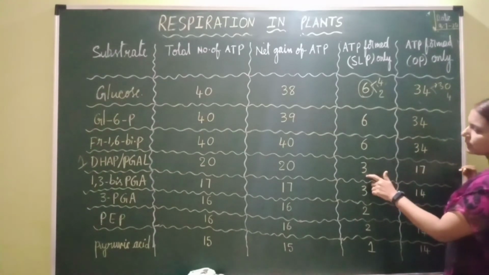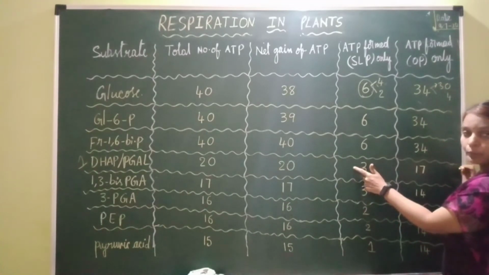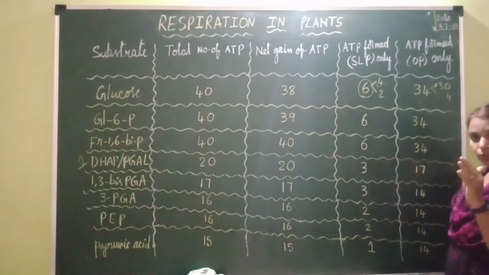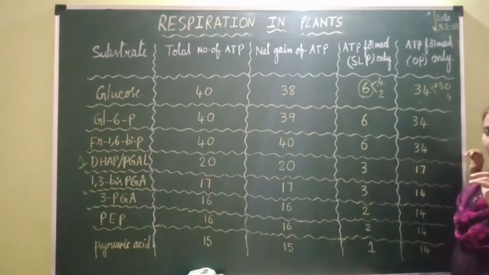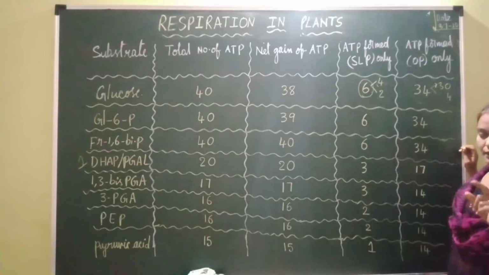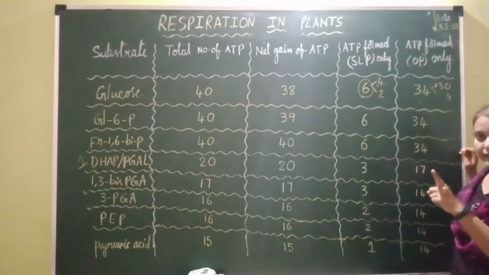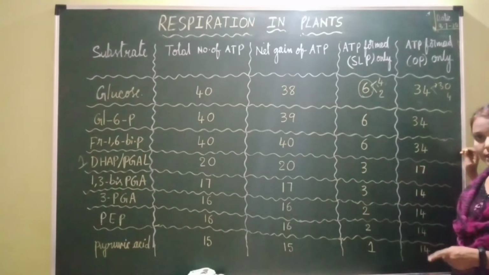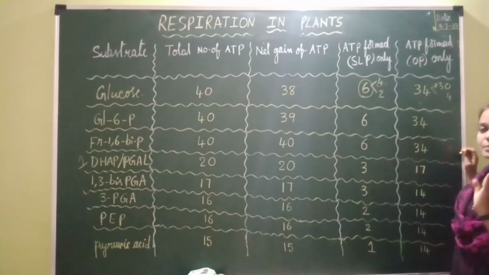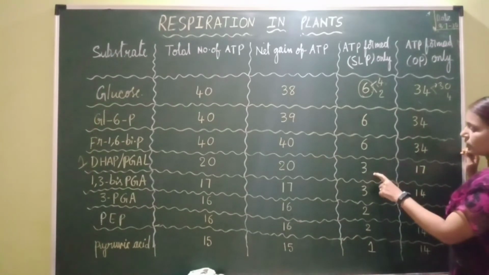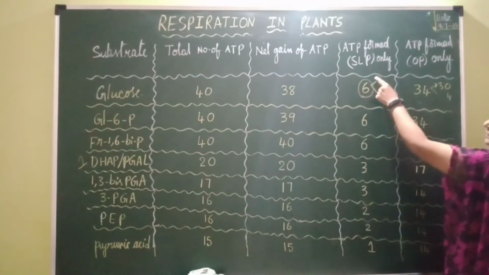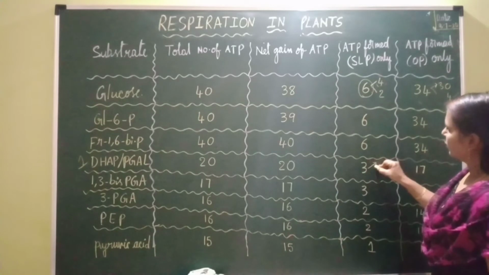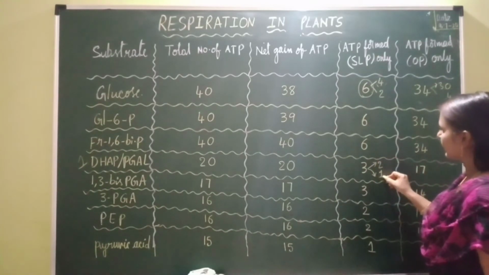Okay, let's see how. 3 ATP through SLP. How? 2 ATP are released during glycolysis, that is during the 7th step of glycolysis 1 ATP, in the 10th step of glycolysis the 2nd ATP, and in the 7th step of the Krebs cycle 1 ATP. So total number is 3. Here we are calculating for only 1 molecule. So 1 cycle of glycolysis, 1 cycle of link reaction, 1 cycle of Krebs cycle we have to consider. So in one cycle of glycolysis, 2 ATPs, and in one cycle of Krebs cycle, 1 ATP.